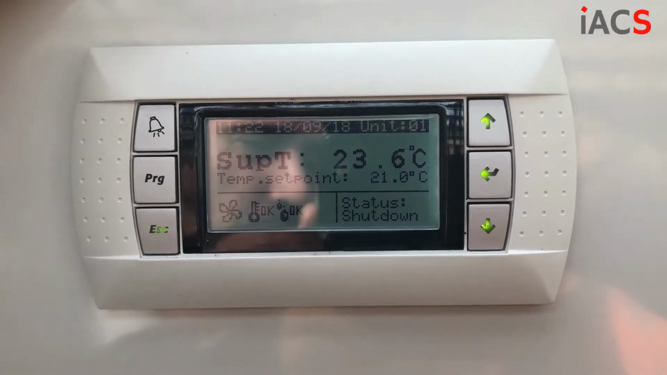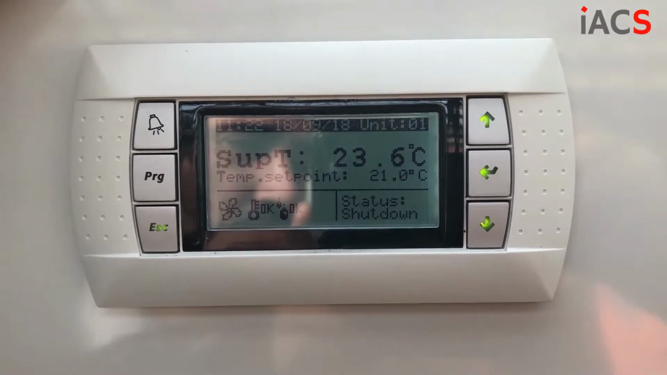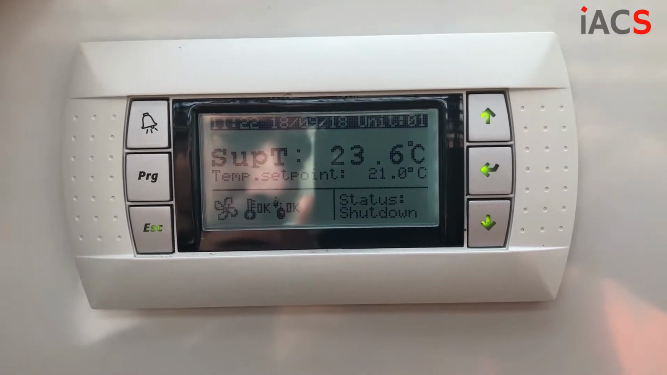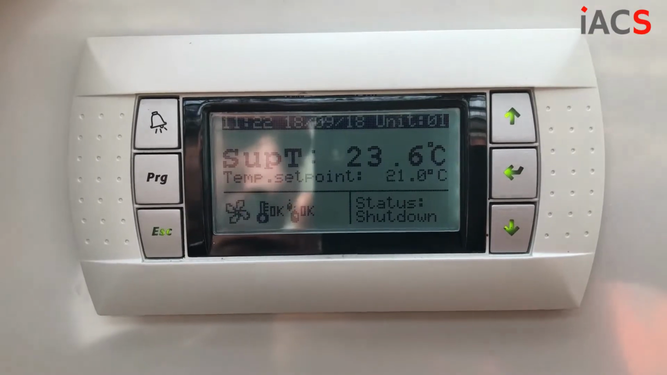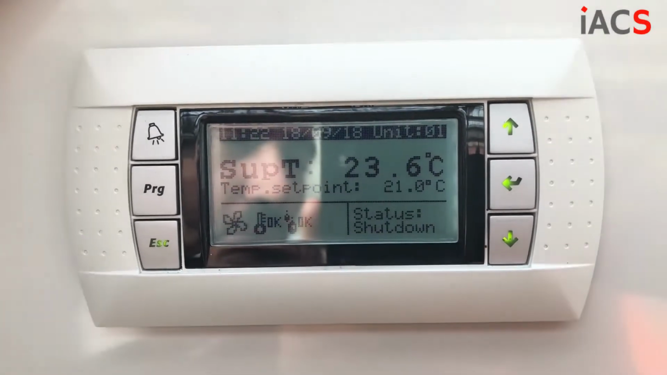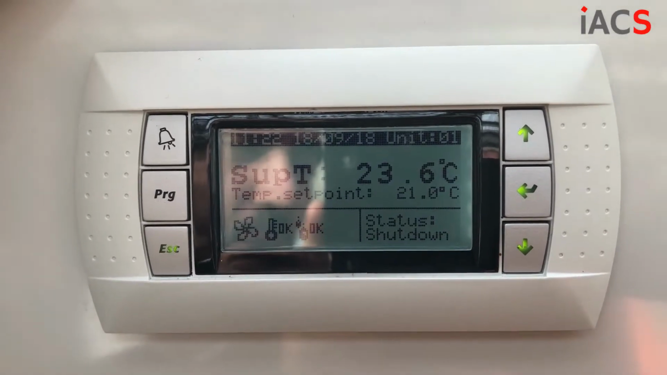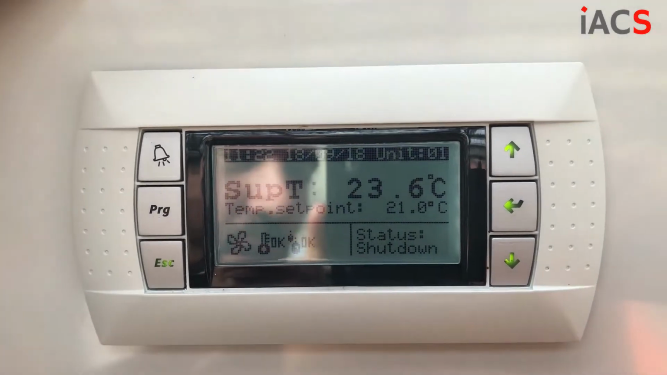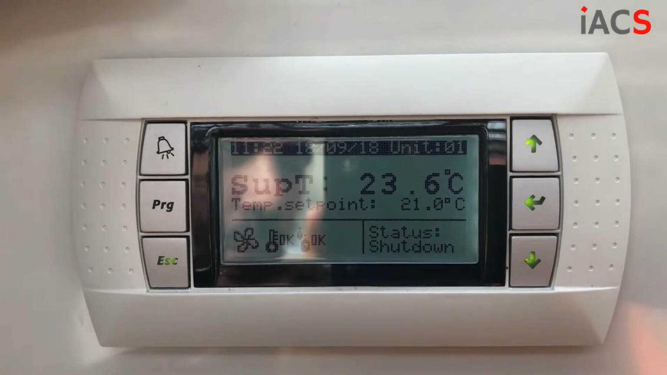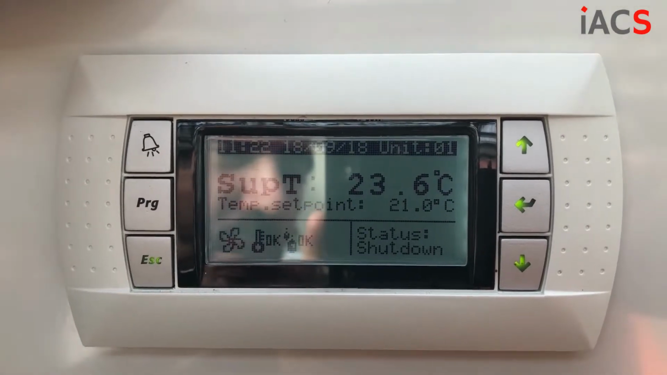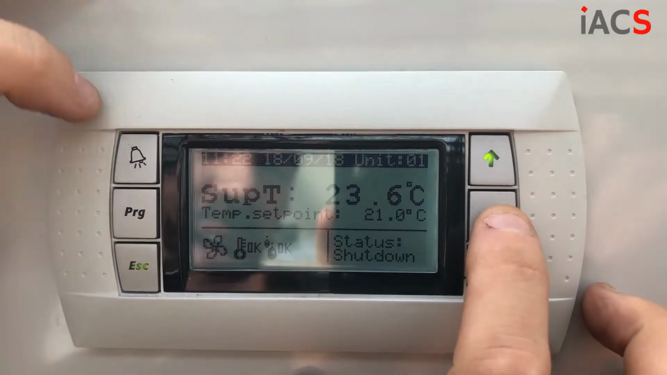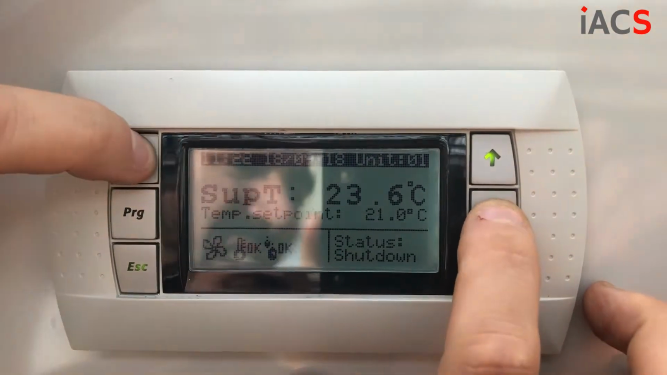I'll show you how to change the IP address of a pCOWeb directly from the display of this controller. It's a pCO5+, and it can be done as well on a pCO5 or a pCO3 with BIOS 4.48. So all you need to do is to press the alarm and enter buttons together